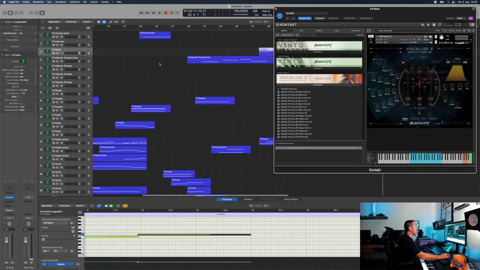And now, yes, Vocalise 3, and it is an incredible pack. I mean, you heard in the demo song there are many things going on. So let's have quickly a look at what this library has to offer, and there is a whole lot of stuff in it. It starts with melodic phrases, and that's a really cool thing. I can show you here.